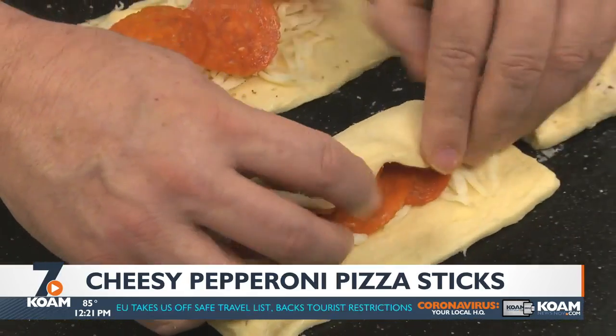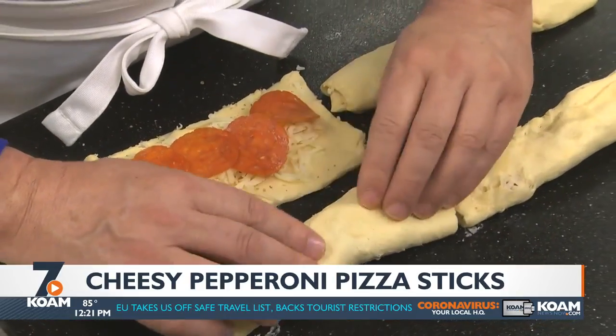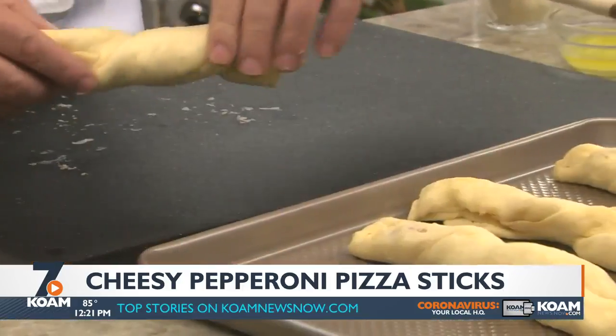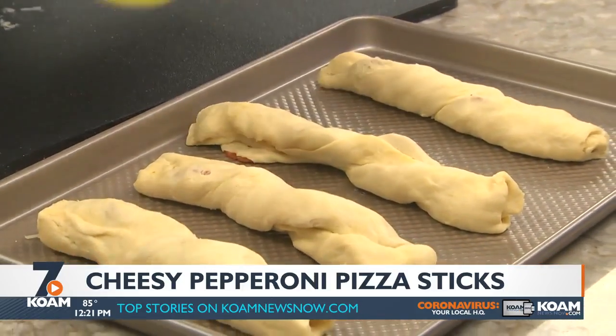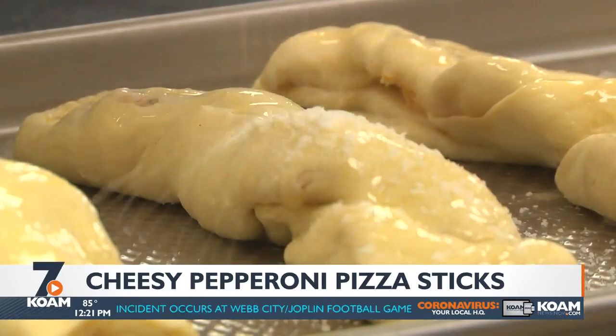Now the dough gets folded over the filling, and we seal the edges. That way none of the cheesy goodness oozes out as it bakes. Okay, we give each one a twist and brush them with some butter and shake on Parmesan cheese before baking